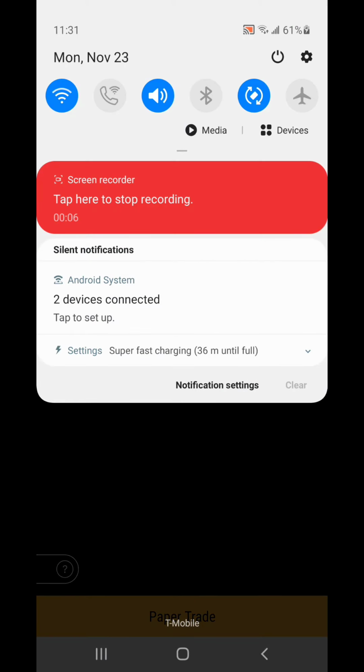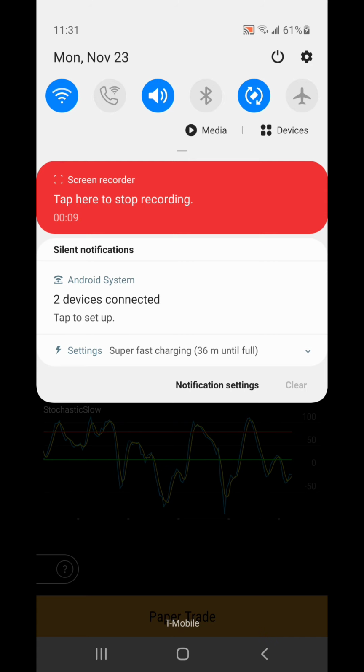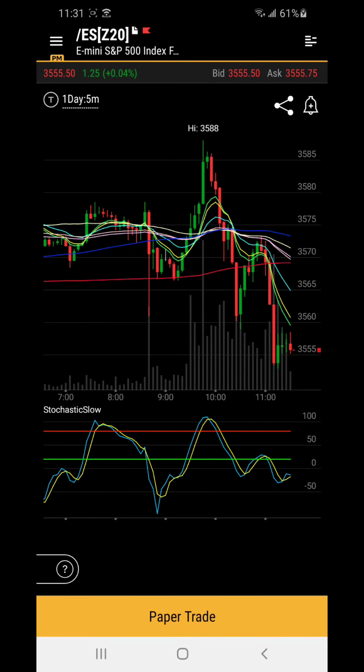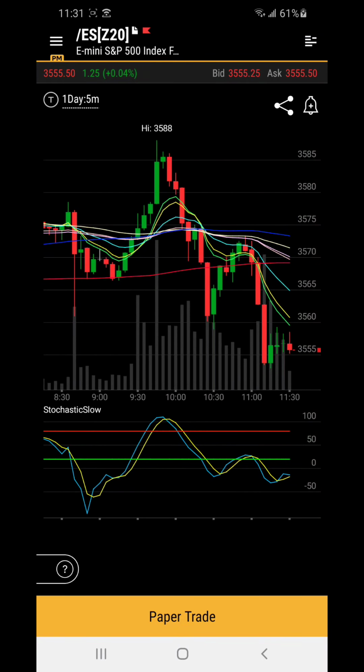Alrighty, let's look. It's 11:31 a.m., Monday, November 23rd, 2020. So here's where we're at. We had that top at 88. We went down to 35.60, back above 35.70 and change. Perfect how these moving averages were perfect resistance. It broke through the red, but then hit those moving averages, and those moving averages just kept the market lower. And then the market, after it hit the 35.72 or so range, whatever it was,